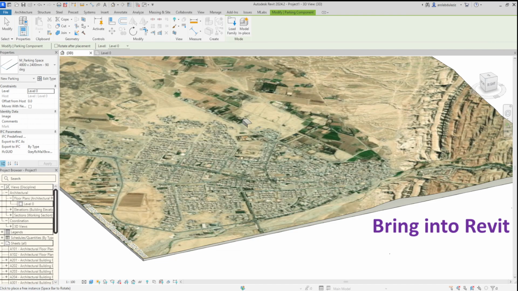Bring into Revit. Format is Revit's solution for schematic design for quickly creating massing studies, massing analysis of what can be possible in the project boundaries. The textures and imagery are preserved in format and directly saved to the cloud so can be brought into AutoCAD or Revit using the XML definition to export